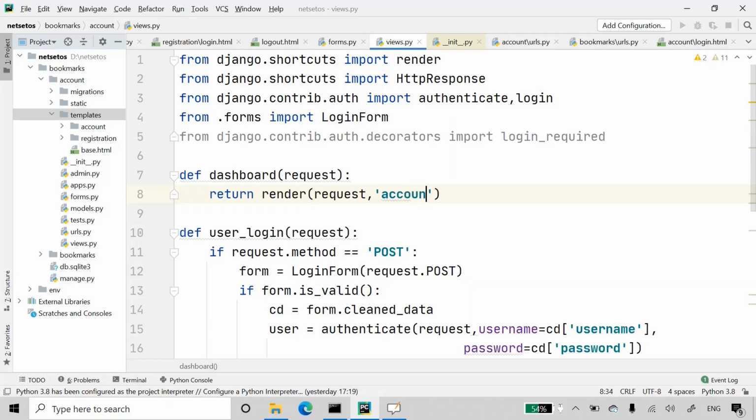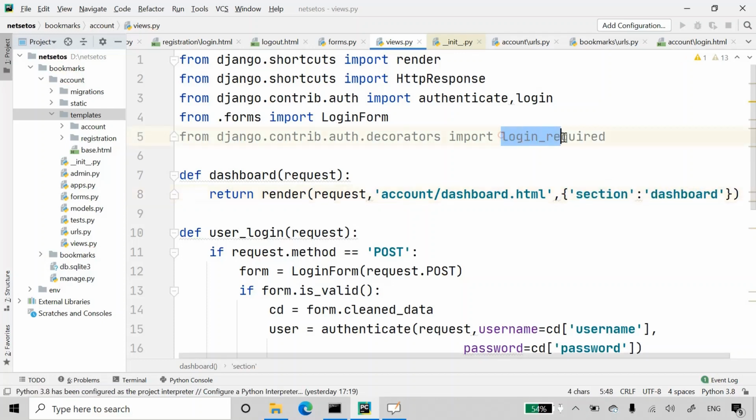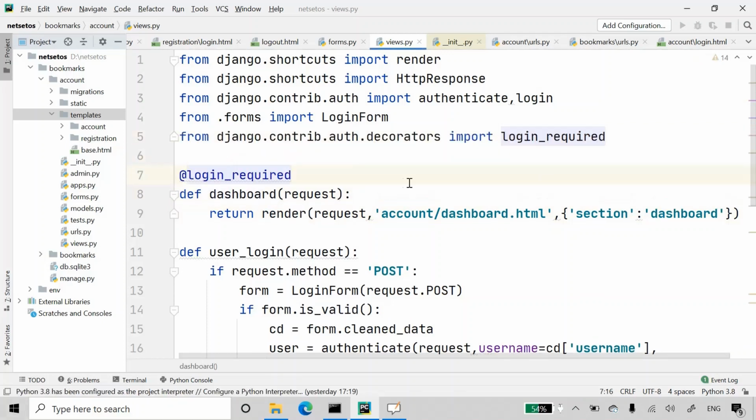Here it will have account/dashboard.html, which we will create in some time, and here we will have section. Let's keep this in quotes, dashboard. Let's have this login required as decorator.